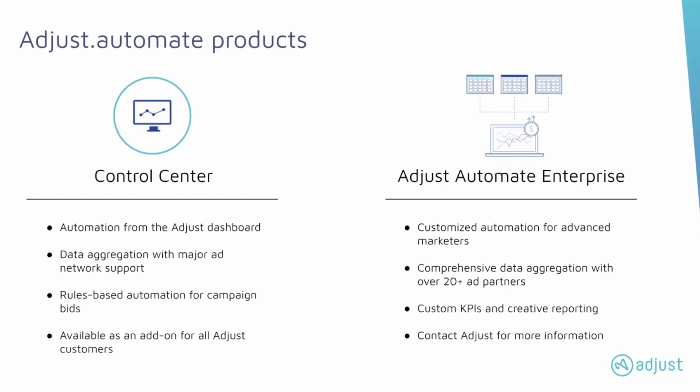Adjust Automate Enterprise is different because it's meant to be a bespoke custom solution that is being put on top of both attribution and client's BI. So we go deep about being able to enrich data that is coming from client's BI itself. There are a lot of things that could be customized, like custom metrics and custom ETL and reporting that could be provided to a client. But in general, still any level of granularity that is available from the channel could be acted on and measured.